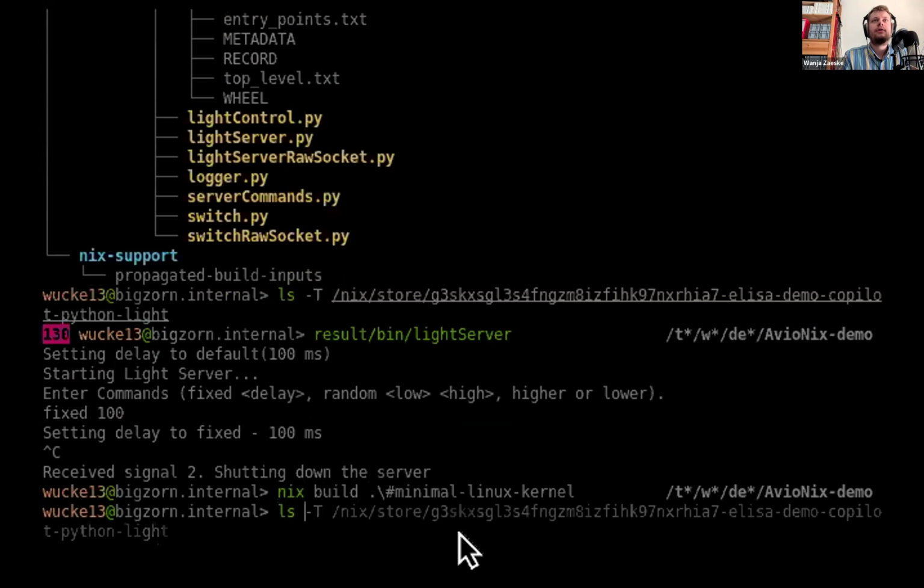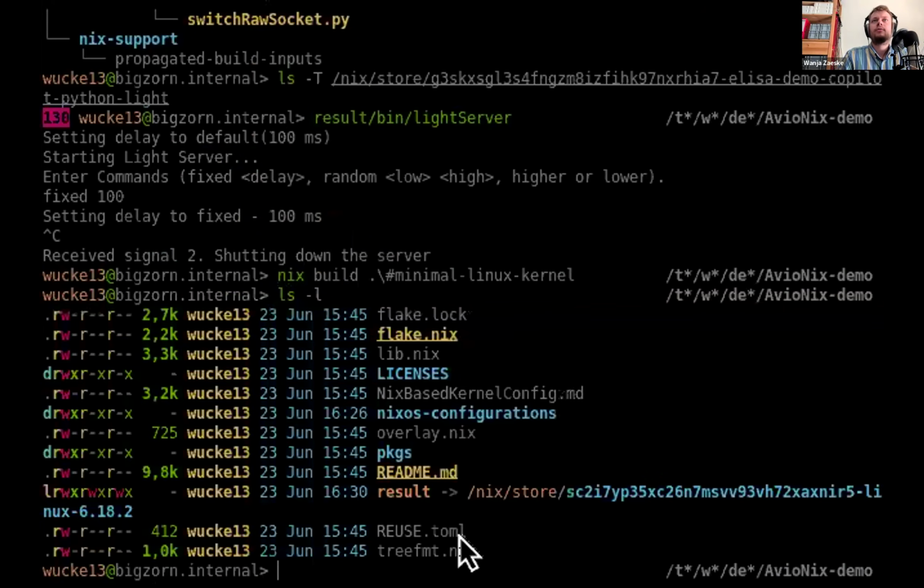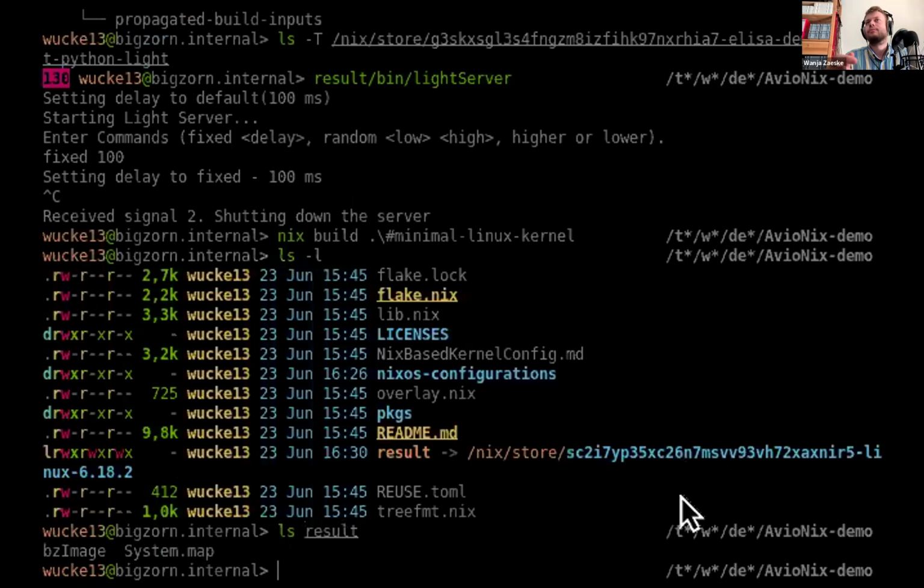This leaves us again with a result symlink, which this time, if we take a look inside, contains on the one hand a system map. So this just maps memory addresses to functions for primitive debugging support, and a compressed kernel image. Sometimes it's interesting to look into the kernel not in the compressed image form, but actually just as a program that is happily fed to debuggers.